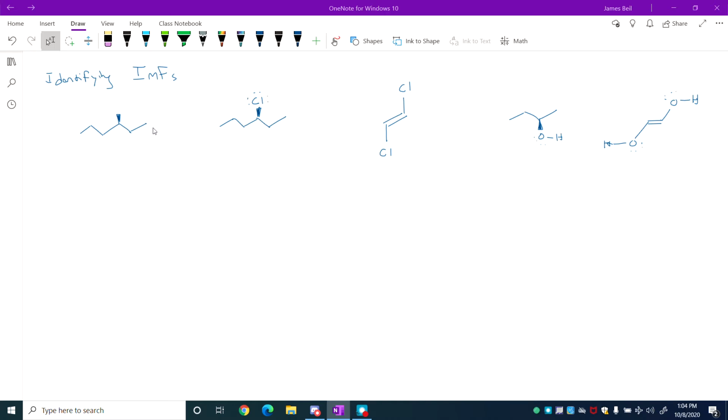So if you have a structure that's only carbon and hydrogen, so it's a hydrocarbon. If you have a pure sample, meaning all the molecules have the same structure, the only type of intermolecular forces that it will be capable of is London forces. And that's because that molecule